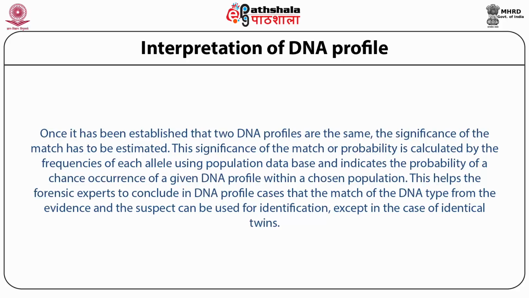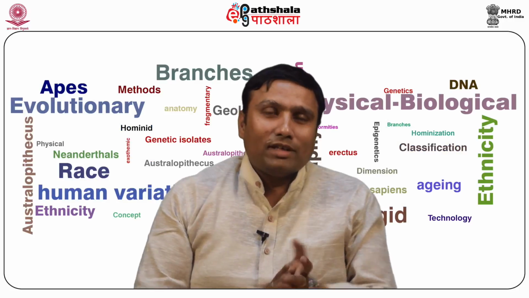Thus, in order to reduce the chance occurrence of a similar DNA profile, forensic experts commonly use multi-locus genotypes using a large number of STR loci for identification. Because this multi-locus genotype becomes so rare that it is improbable that two people in the world would have the same exact type. This helped the forensic expert to conclude in DNA profile cases that the match of the DNA type from the evidence and the suspect can be used for identification, except in the case of identical twins. So my dear students,